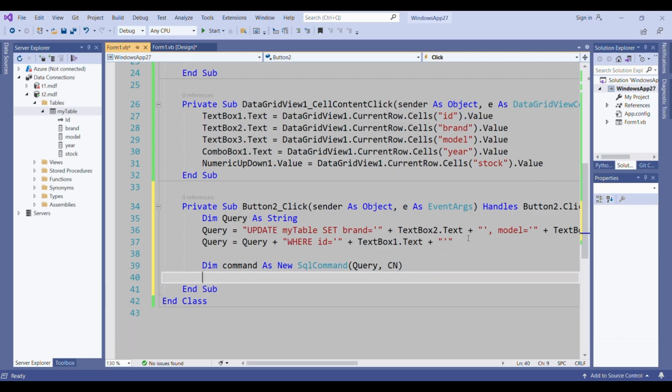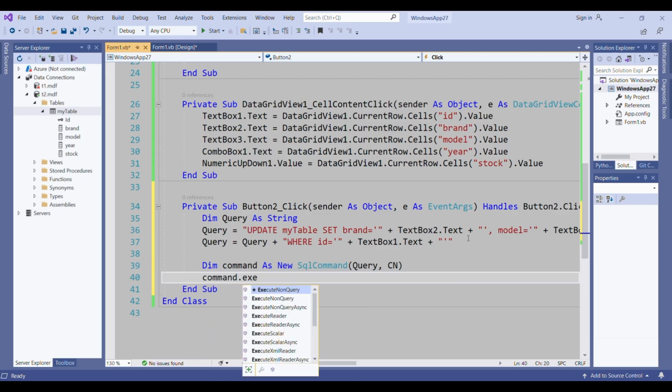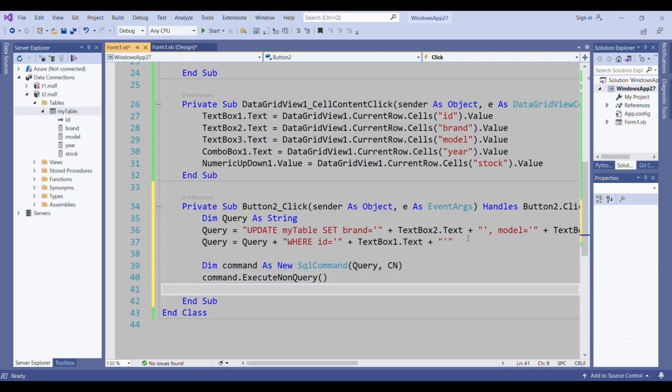And then since I want to execute my SQL query only, I will say command execute non-query. This executes my query. So what will be my query is to update a particular record, it will be updated. Okay? And after you do that, if you like, you can call